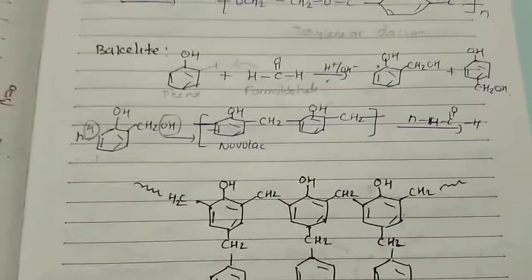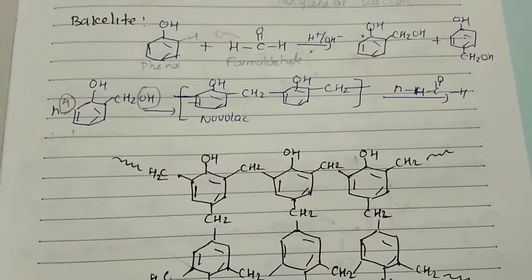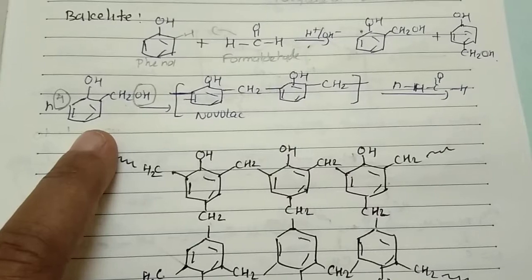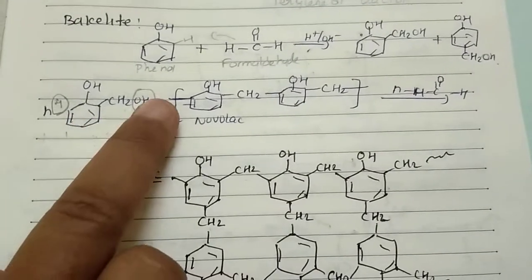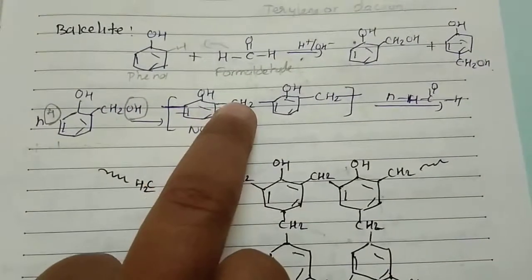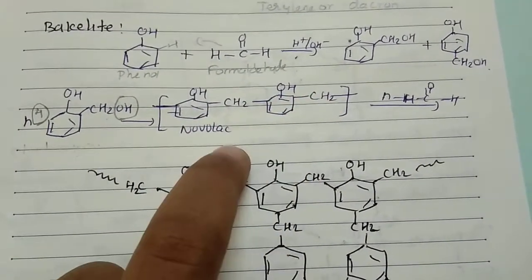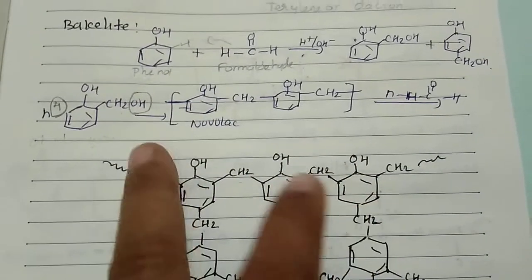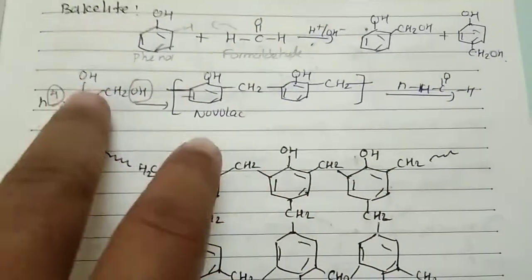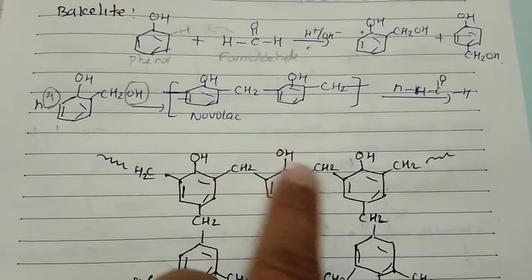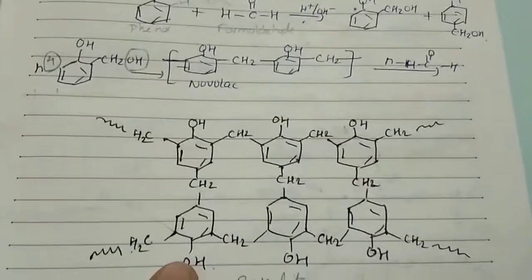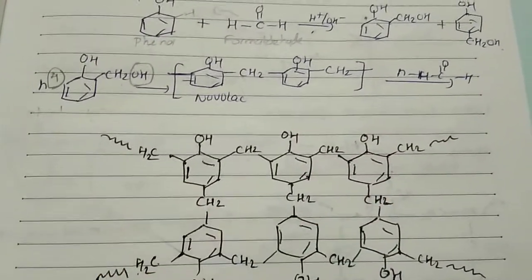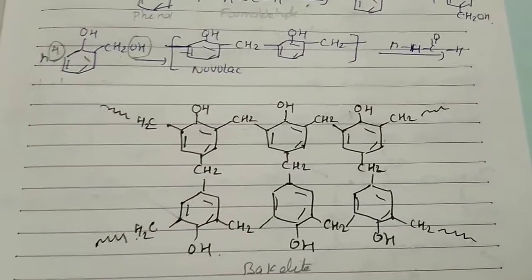Then Bakelite. Phenol reacts with formaldehyde, it forms para and ortho products. So we are taking the ortho product. Okay. So here removal of water takes place. OH, CH2, OH, CH2. This is Novolac. Then addition of another formaldehyde. You have to write the structure like this. Write the structure twice: OH, CH2, OH, CH2, OH, CH2. Remaining bonds are like that. You have to write OH, CH2, OH. In the center you have to add CH2. Okay, this is the structure of Bakelite.